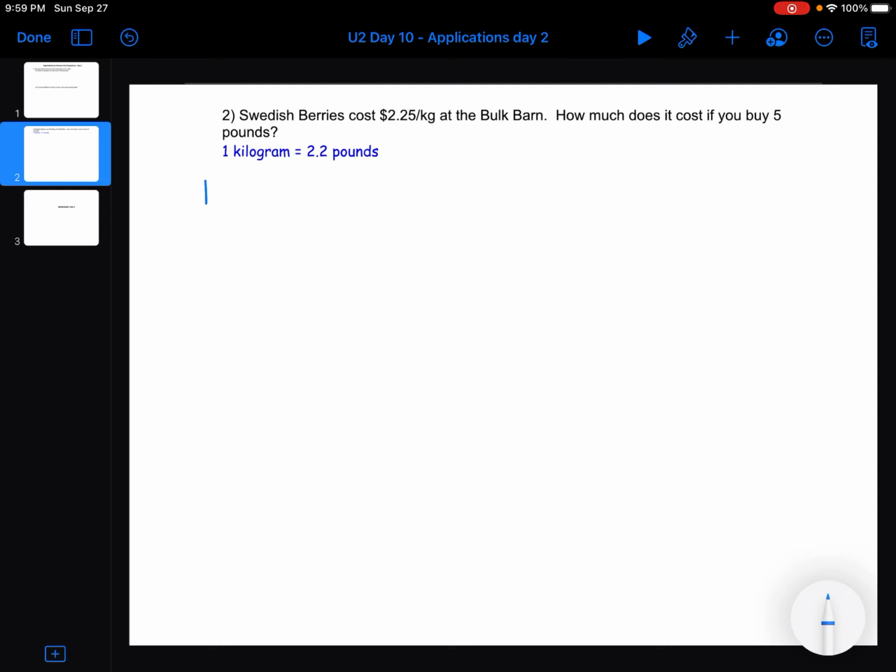So if we say kilograms over pounds, well, we know 1 is equal to 2.2. I could then say X is equal to 5. Now I'm going to do 1 divided by 2.2. Remember from our previous note, I'm just going to leave that number in my calculator. It's a repeating decimal. It's 0.45 repeating. Okay, so I'll just write 0.454, or I guess 455,